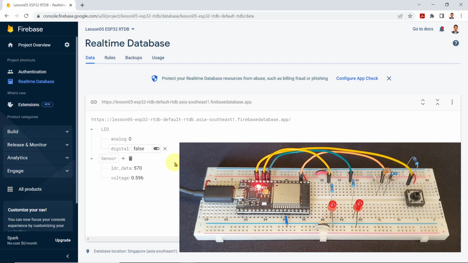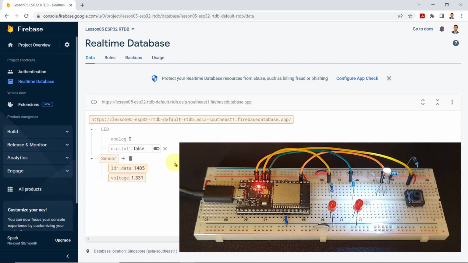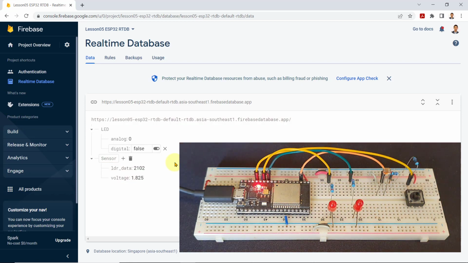If I focus this light on my LDR, the LDR data gets updated, increasing its value. Now, if I manually change this digital false value to true, the LED2 turns on. If I change this back to false, then LED2 turns off. In the LED analog node,